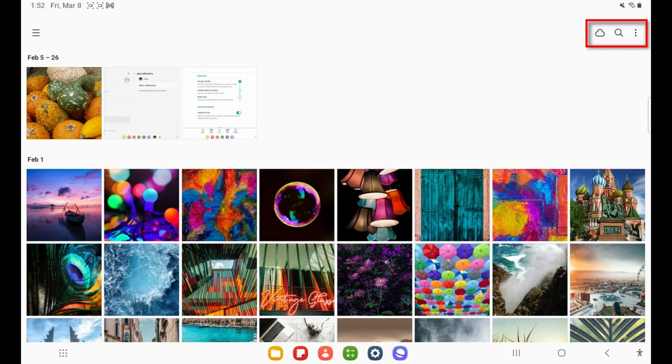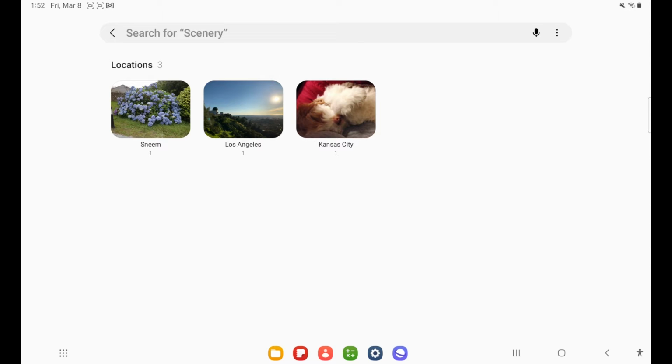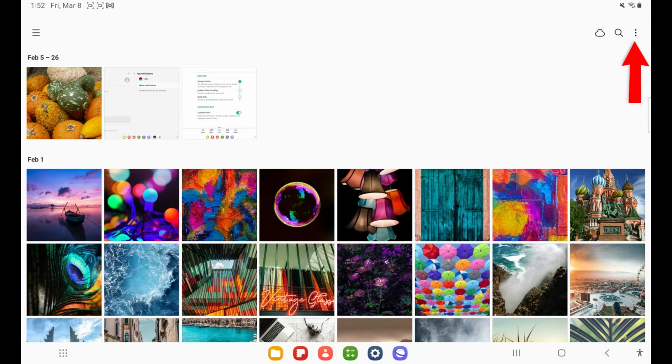In the upper right corner of my screen, I do have a few options. The cloud icon will take me to my Samsung Cloud account, which is connected to the My Files app on the device. And this is an account that you may have set up when you first started using your device. The magnifying glass icon is an option to search my images, and then the 3-dot icon indicates that there's a menu there. So when I tap that icon,